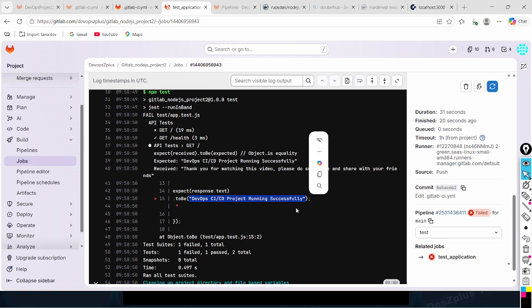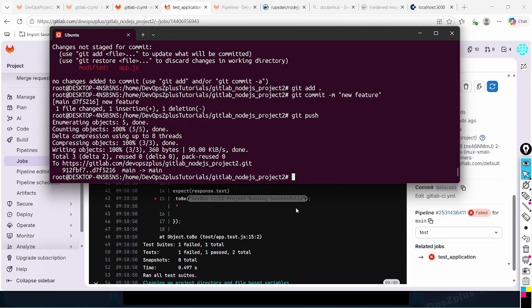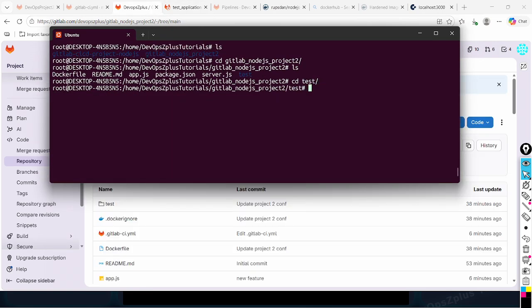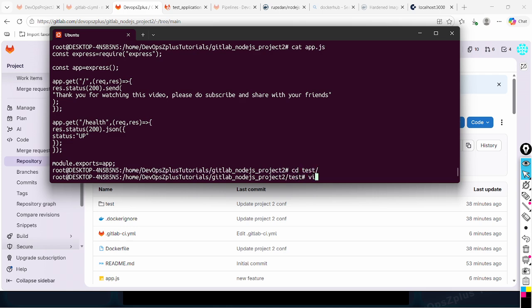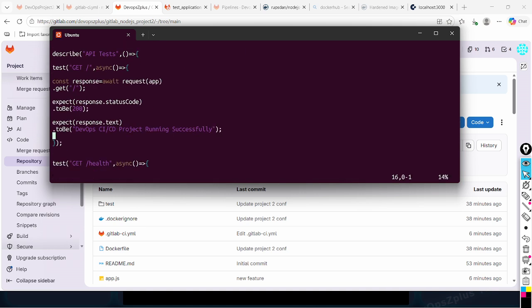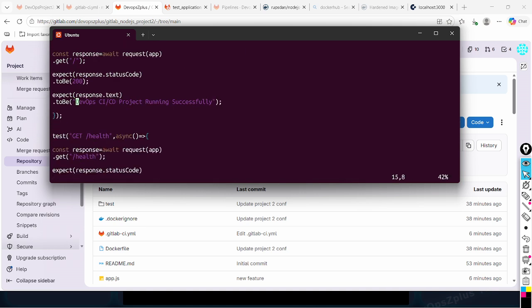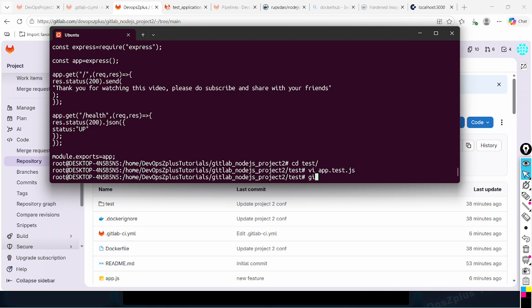Okay, let's go back to the our tests cd. Okay, before that we'll have to copy the content, right? So cat app.js. Copy and go inside the tests and vi app test. Where is this expected? This one, and this. Okay, paste it, save it, check the status,